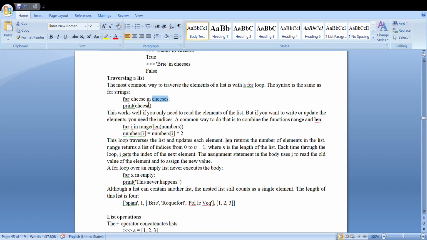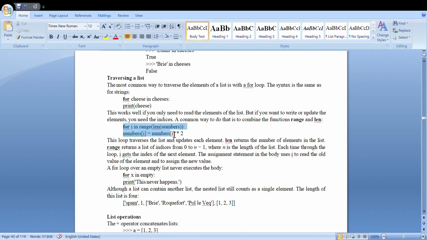Cheeses is a list, and cheese is the variable name which you will use to traverse through the list, and then each element is printed here. These examples I will consider in the following video, and I'll show you how we can traverse across a list.